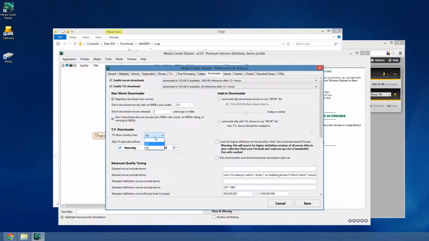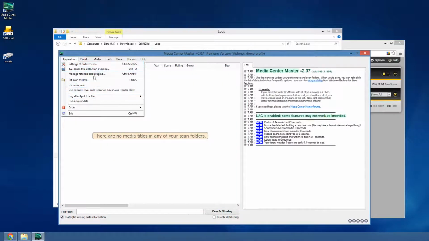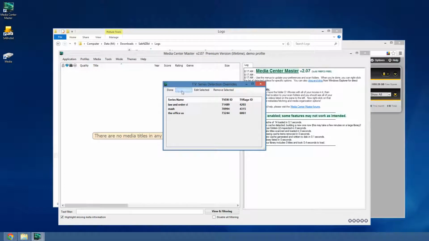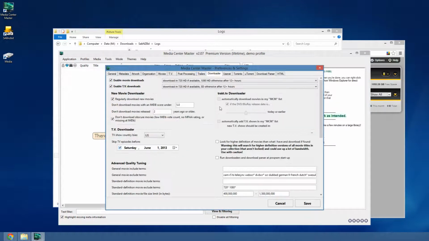And that will help Media Center Master understand that if you downloaded a new version of Hell's Kitchen and it doesn't have the US after it, it'll assume that it's for the US version. Another way you can do that is using the TV series override, where you can add a new override that just says Hell's Kitchen. You can assign it an ID automatically, and you won't have to use the bias at all. So back in settings here,